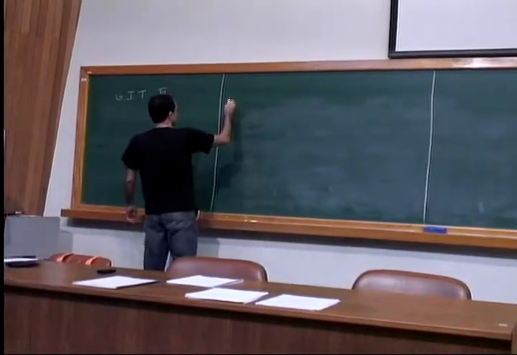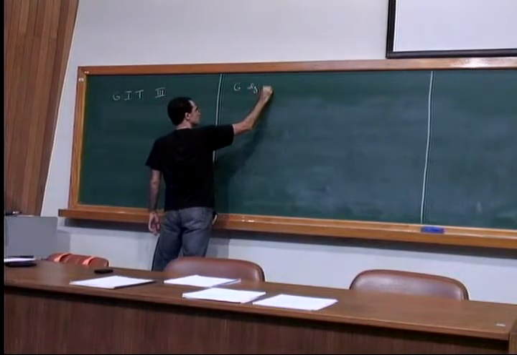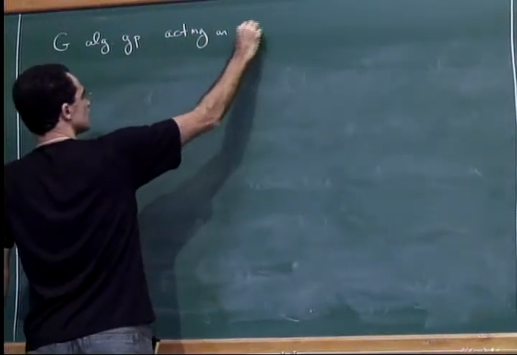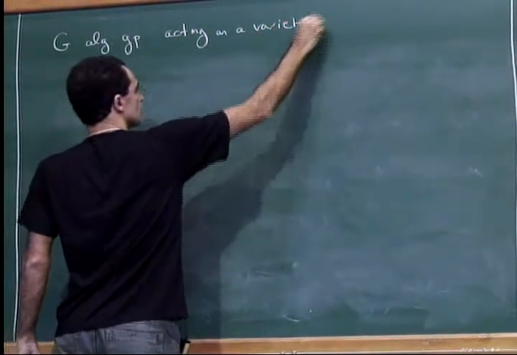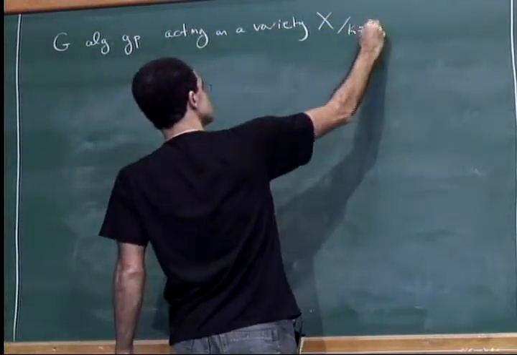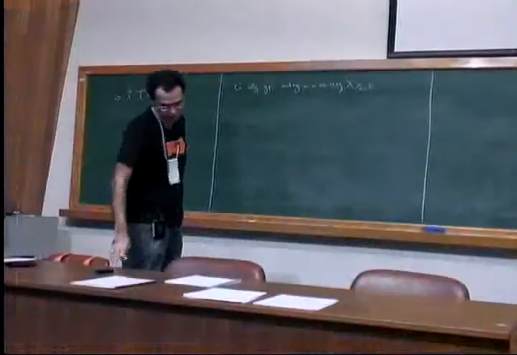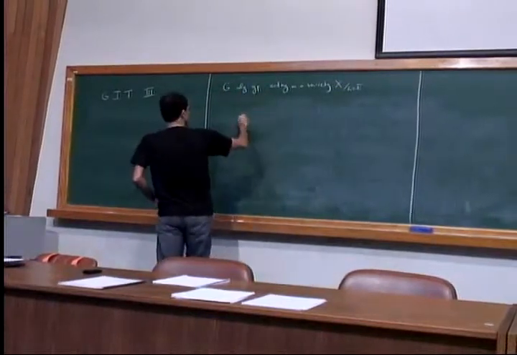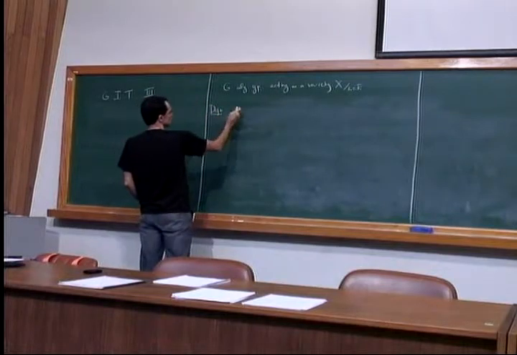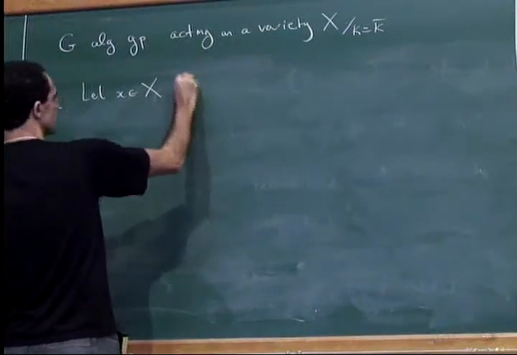So let's start with a basic proposition. Let's pick an algebraic group, any algebraic group, acting on a variety X. So everything is defined over an algebraically closed field, and everything reduced. So you have the notion of orbit. Definition: let x be a point. So the orbit